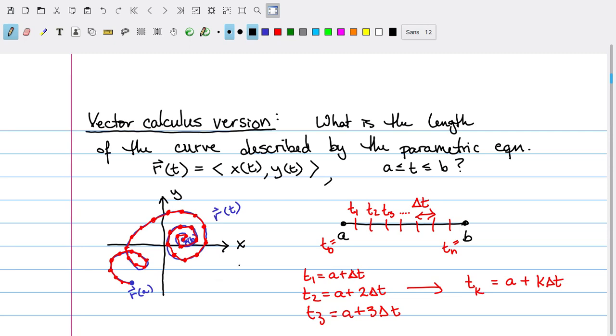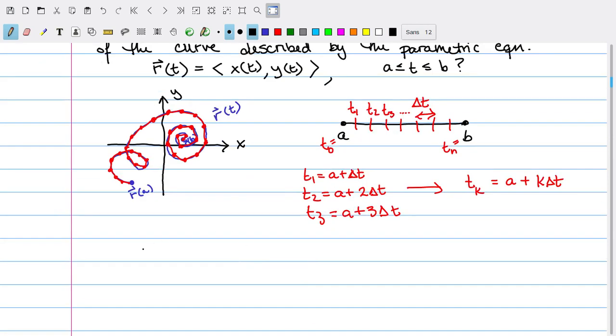Now each of these times is going to give us a point on the curve just by plugging it into r. So r of t1, r of t2, etc. will all be points on my curve. In the picture, the starting point is r of t0 because t0 is a. The next point that we get there is going to be r of t1. The next point will be r of t2,